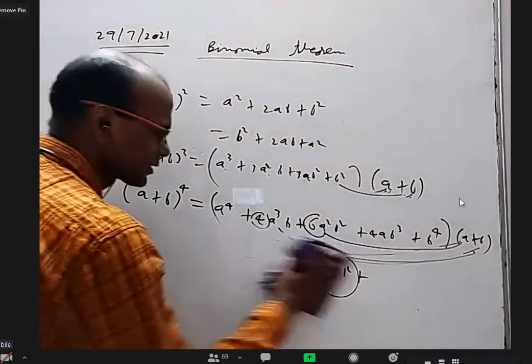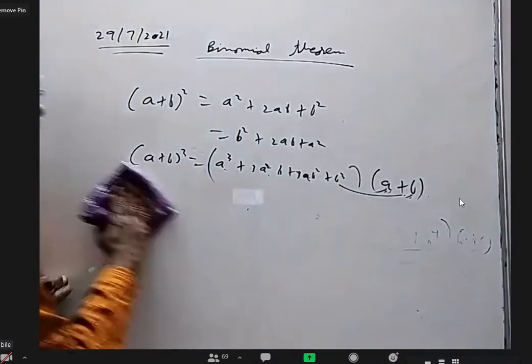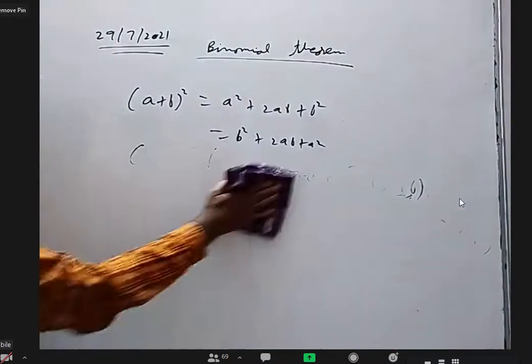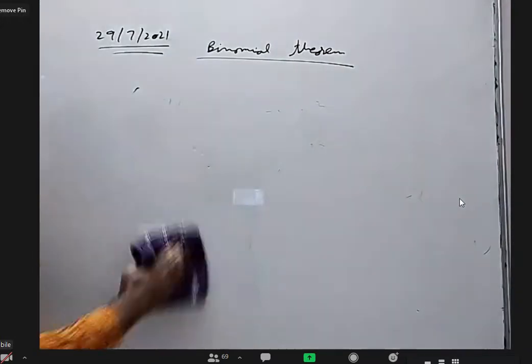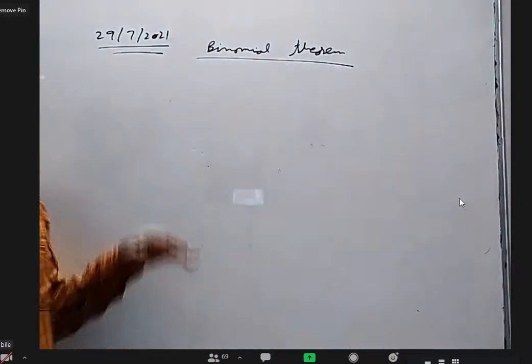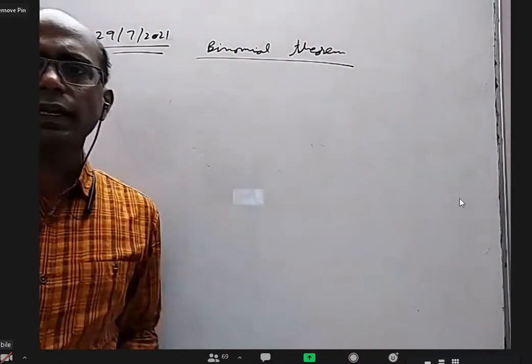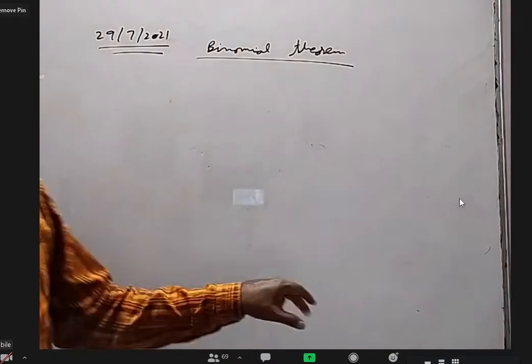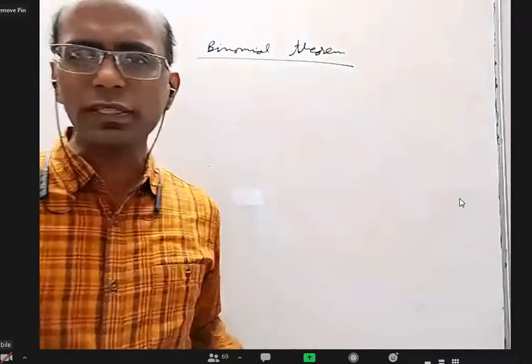Like some people ask about synthetic division, dividing a polynomial: why are we doing this? It is nothing but normal division only. You are not writing x cubed, x squared and so on, you are only writing those numbers, nothing much. So I can find (a + b) to the power 5, power 6, power 7, and so on, and then observe that the coefficients look like Pascal's triangle. Forget about Pascal's triangle.